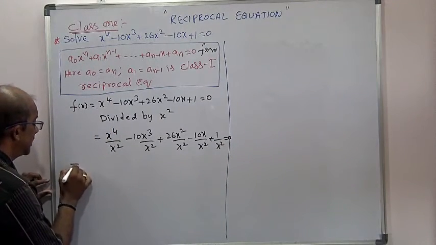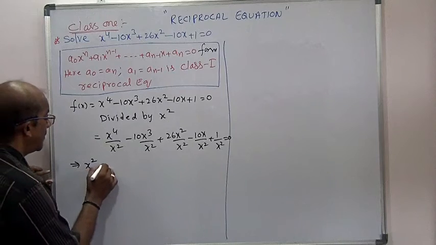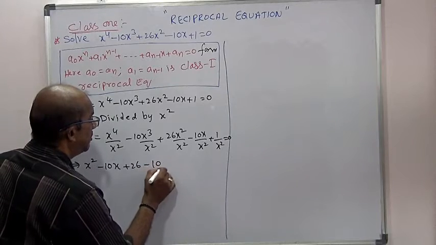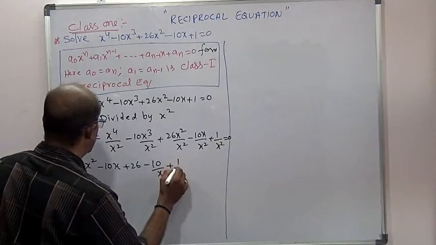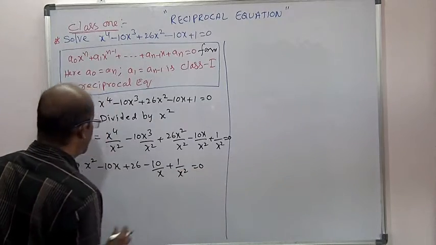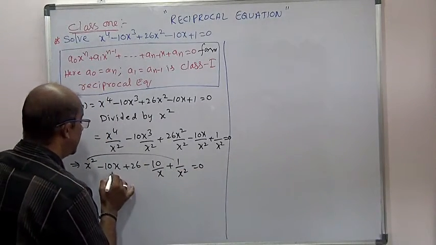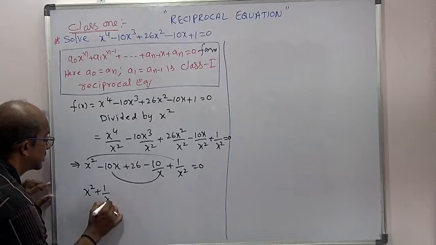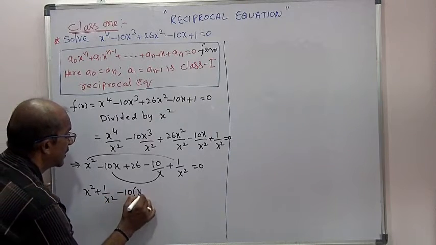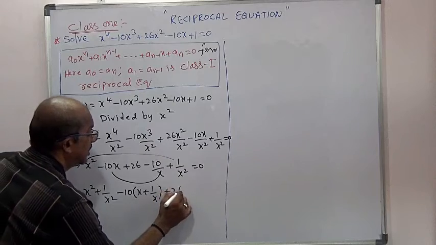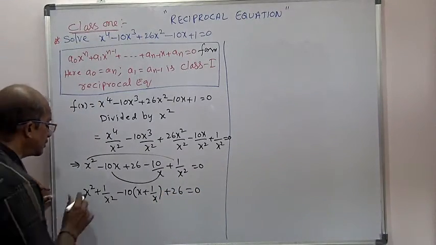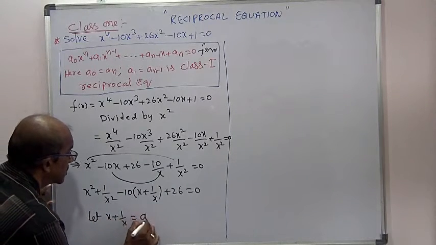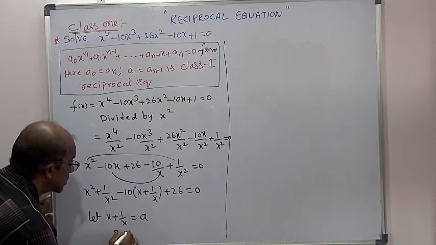Now that implies x square minus 10x plus 26 minus 10 by x plus 1 by x square equal to 0. Now write the first and last terms and the x and 1 by x terms on the same side. x square plus 1 by x square minus 10 take common, x plus 1 by x, plus 26 is equal to 0. So first let x plus 1 by x equal to some a, squaring on both sides,